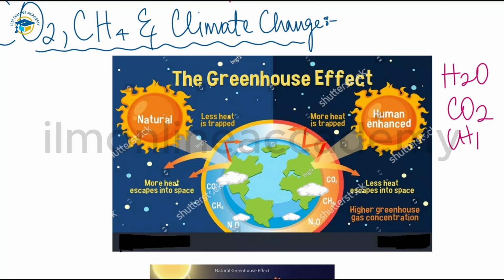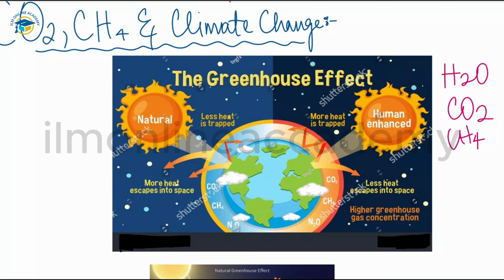Methane is also present, along with nitrous oxide, sulfur hexafluoride, and chlorofluorocarbons. In this video we will look at the two main greenhouse gases, which are carbon dioxide and methane. How is carbon dioxide released into the atmosphere? As we already know, carbon dioxide is produced by the complete combustion of fossil fuels. Fossil fuels are used to produce electricity and are the basis of many forms of transport. So that's how carbon dioxide is released.